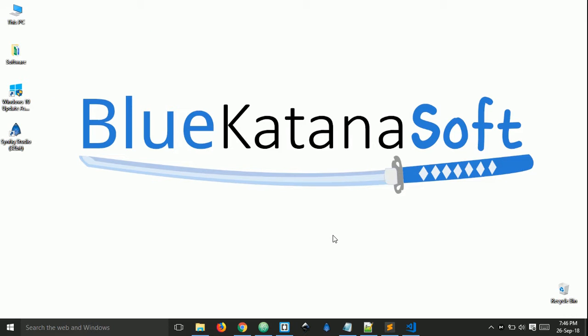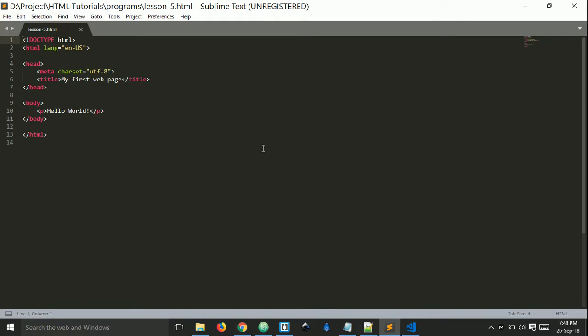The next editor on this list is Sublime Text. Sublime Text is unique because it is actually a paid software, but it has a free trial version which has all the features and works fine even without a license. In addition to the usual features like syntax highlighting, Sublime Text has a navigation bar to its right. You can use this navigation bar to jump to any part of your HTML document.